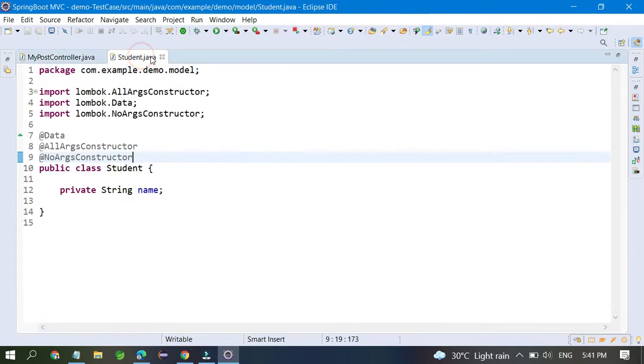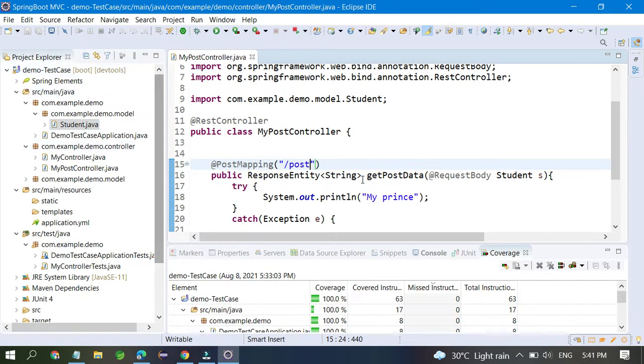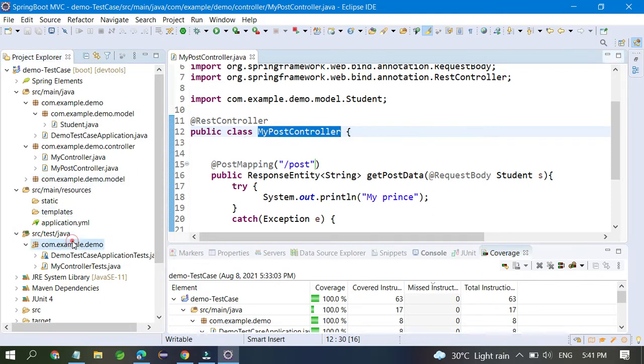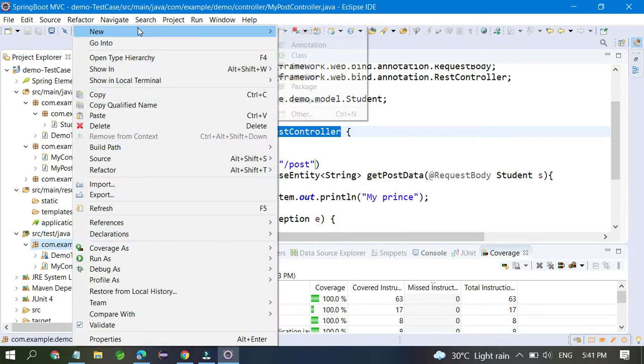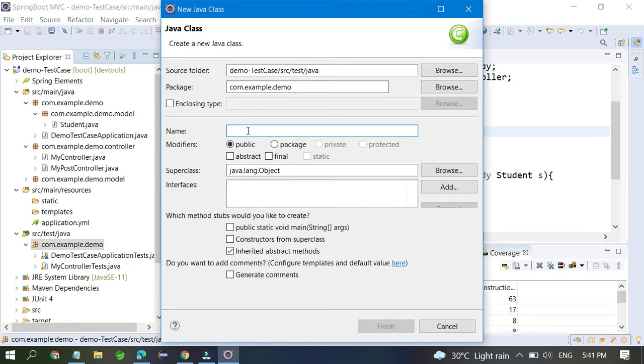You want an alternate of this class, one test class. This is the controller, and you want an alternate of this. So go to these files, and here you can create a test case for it. Put in the name, and at the end of the name just write Test.